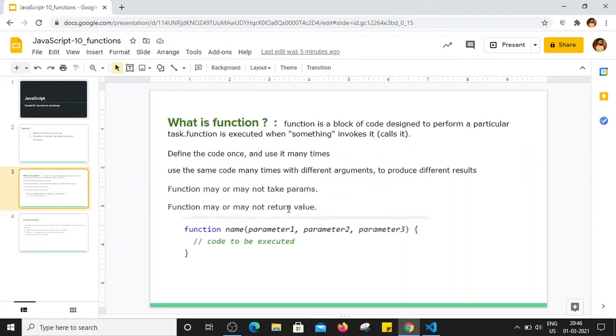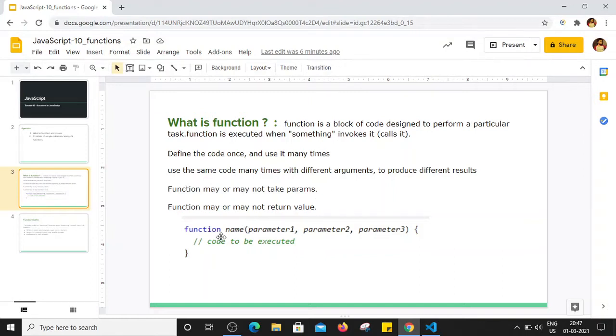So once again we are revising. Basically a function is a block of code that is designed to perform a specific task, right? We can write some statements of code in the function once only, and that can be reused multiple times. So the main use of a function is reusability. We don't have to rewrite the same code again and again. We can just create one function for a specific task, and whenever we want to execute those lines of code, we can simply call the function or invoke the function.